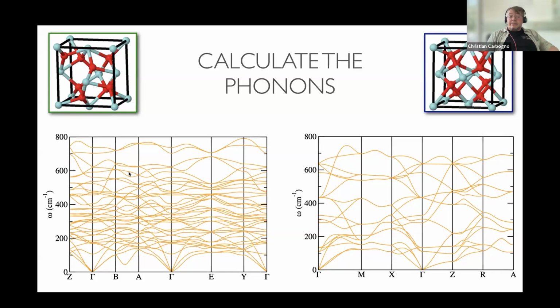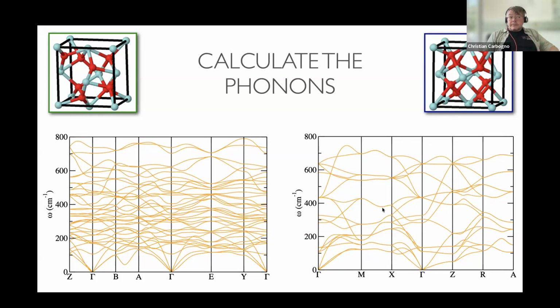So you get actually more modes in this band structure. Here, the tetragonal one would have a smaller unit cell that is shown here. By symmetry, you can reduce it by half by taking just half of this thing. And then you get a band structure that looks like that, and that also has fewer optical modes and so on.